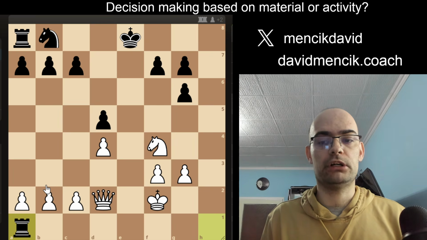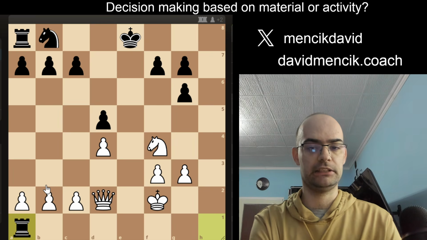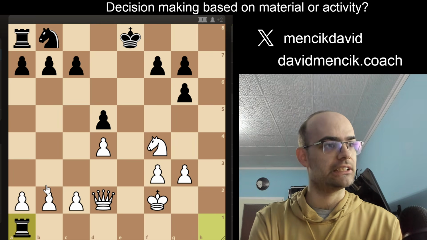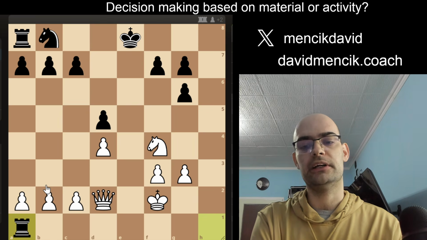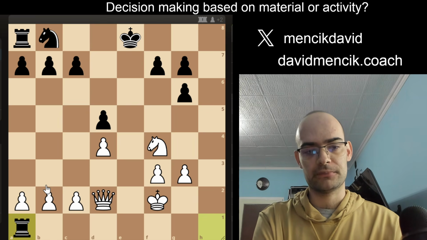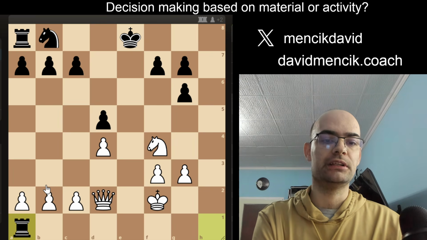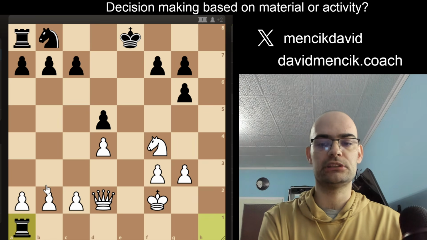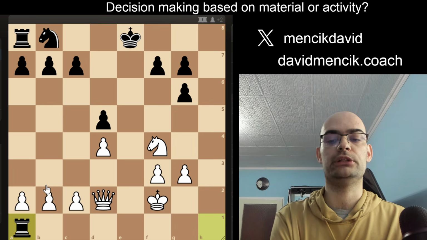So how to evaluate this position? I have a little bit of a controversial idea. One of my students, Nick, said that this is very controversial and should maybe be a topic for a lesson, or here a video, and that is that we shouldn't count the material, but we should count only active material.